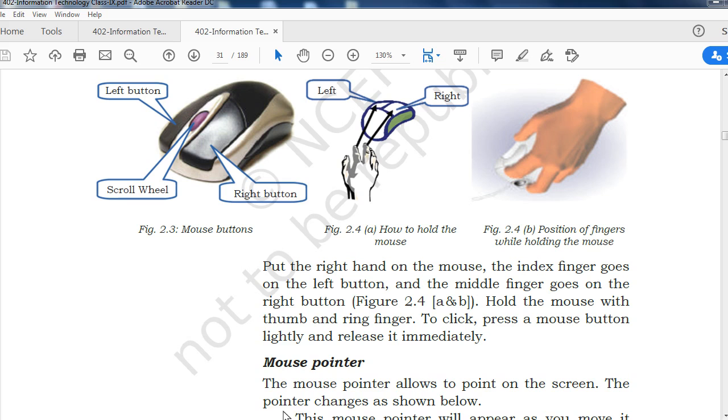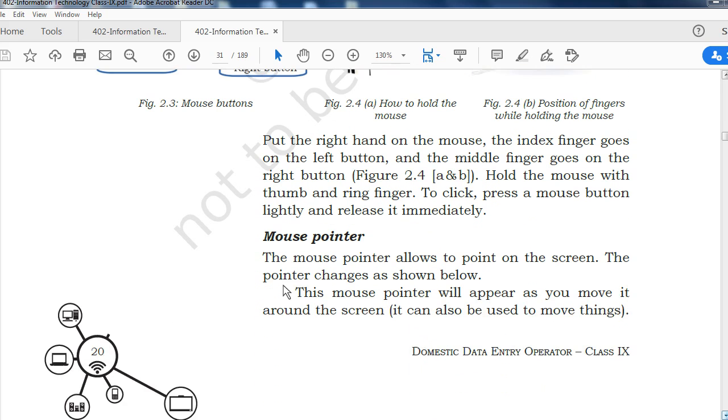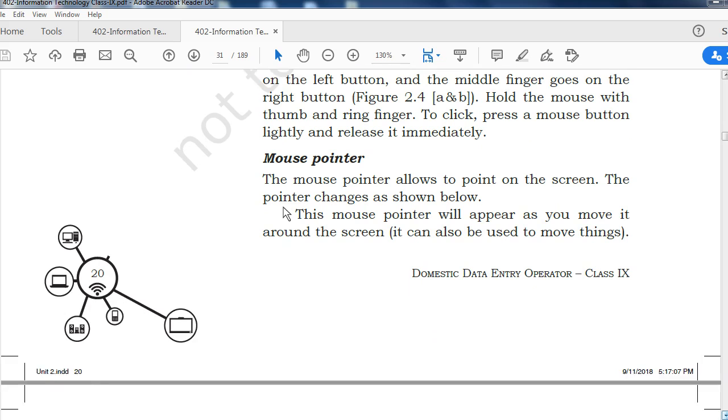Hold the mouse with the thumb and the fingers to click. Press a mouse button lightly and release it immediately, that means click, click. Don't hold it; you just have to click. If you are dragging, then only you have to hold the button. Understood? This you have already done in school, right?